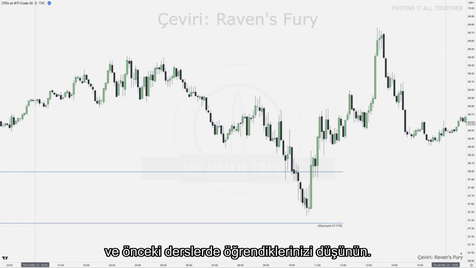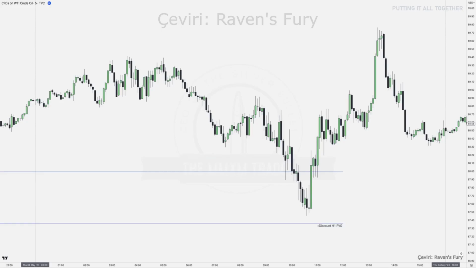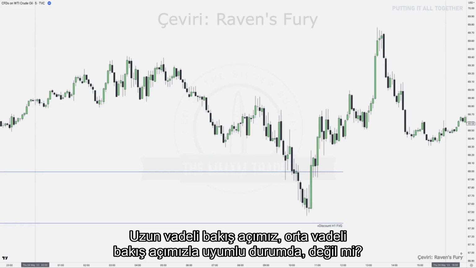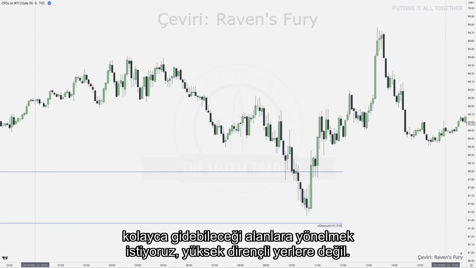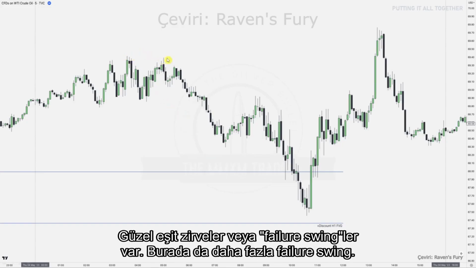Take a look at this chart just for a bit and think about what we already learned in all those lessons, right? So our long-term perspective is in line with our intermediate term perspective, right? What are we going to look for next? Low resistance liquidity, right? Because we want to go into the market price where it's easy to go and not high resistance. So over here we've got this beautiful equal heights or failure swings,